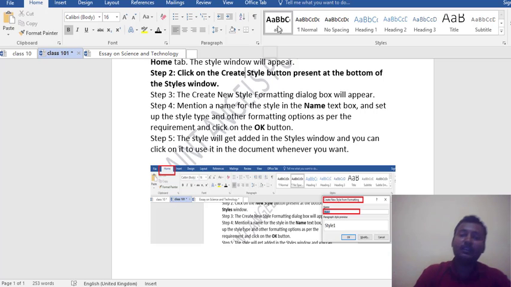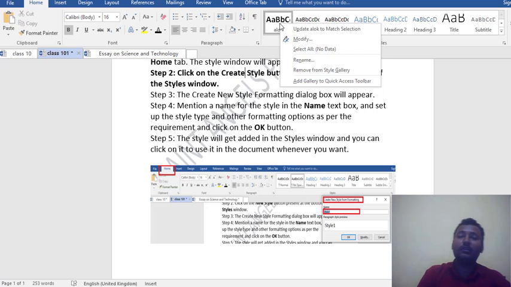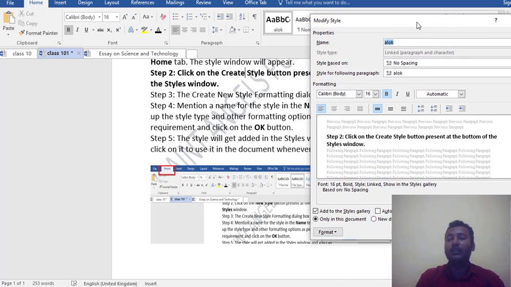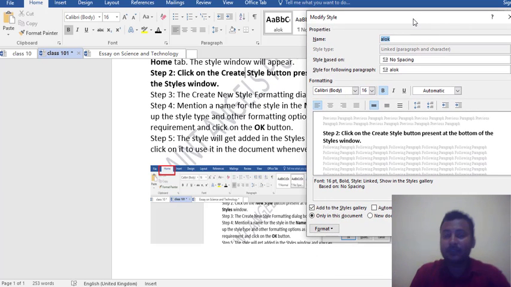But if we select that style, then the text behaves normally, because in the font style we are not changing anything. But if we want to change our font style or text style, then we need to right click on it and click on the modify option. Then we get many types of options here.